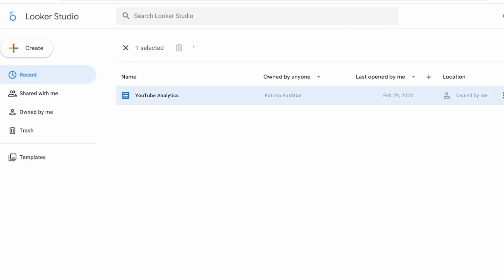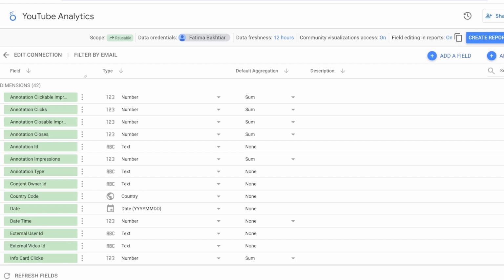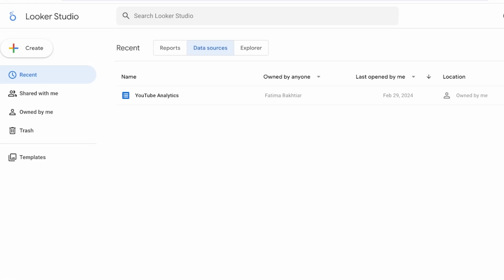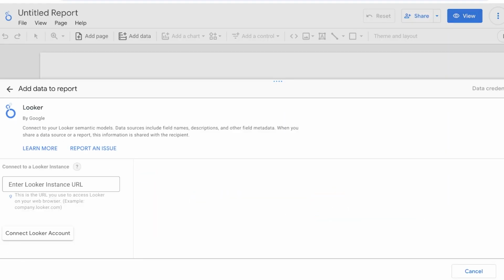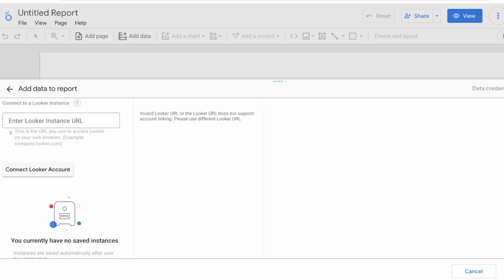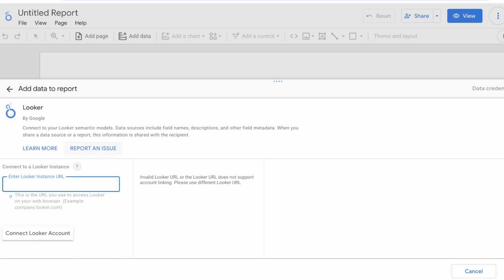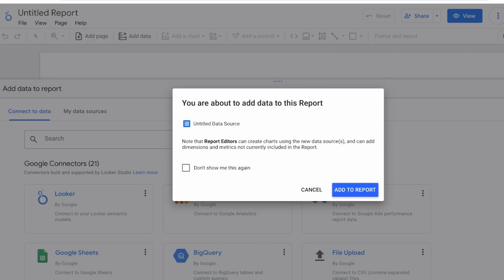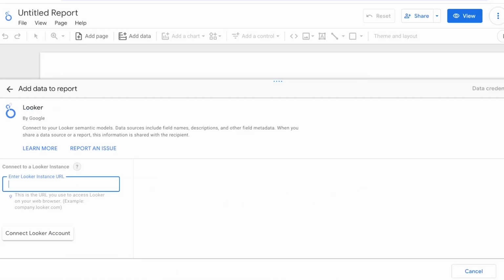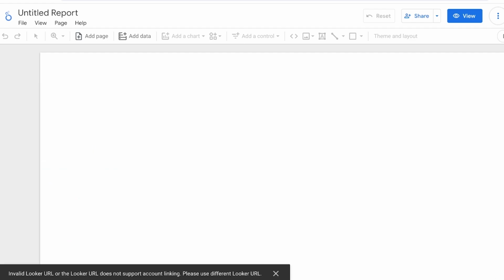If you click on data sources, you will see if you add a data source like this, and then you will be able to build your own reports. So to create your own reports, you can click on blank report over here and a blank report will be created. Then you're going to use Looker at an instant and you're just going to connect your Looker account. So I'm just going to add our Looker Studio link like so. And you don't need to re-add Looker Studio like this. So we're just going to paste that in. I'm going to close this. And once we have proceeded on, we can begin by,